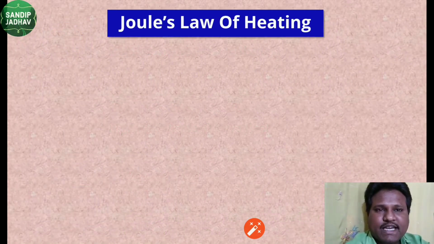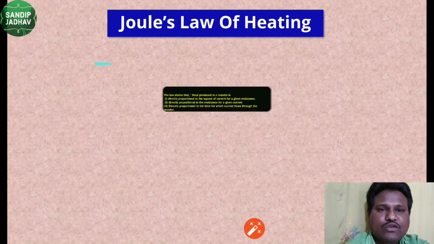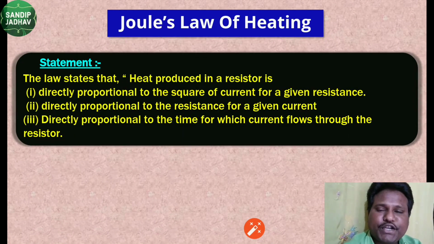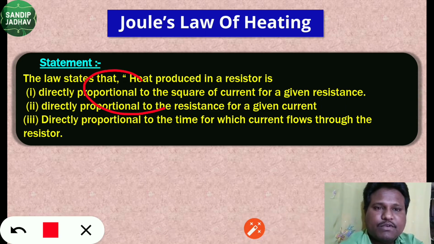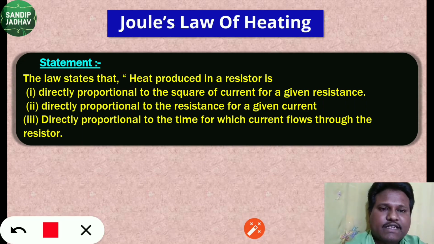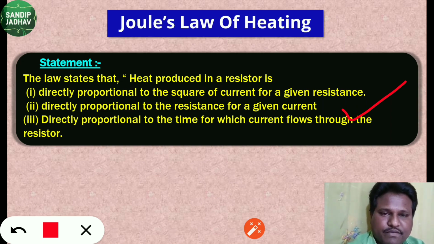So moving further, what exactly is Joule's law of heating? The scientist Joule predicted and experimentally found that heat energy produced in a resistor is directly proportional to the square of current. So that means if we increase the amount of current, the heat energy produced will also increase. Next quantity to which the current is related is obviously resistance. So if current is increased, heat is also increasing, that means resistance will also be affected. Now if we take a higher amount of resistance, a higher amount of heat will be generated.